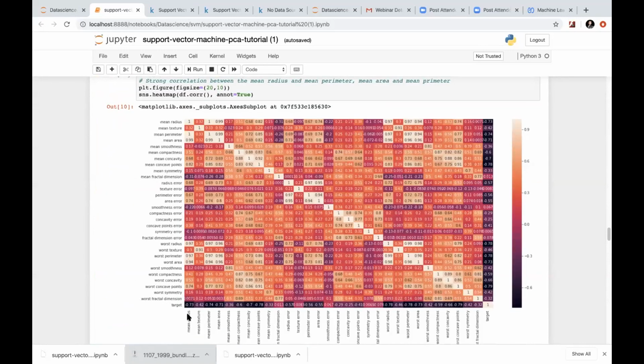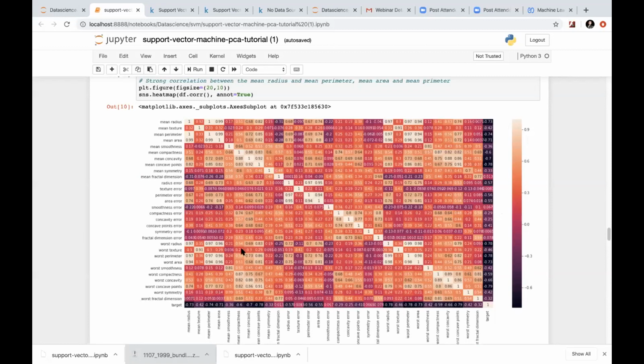A correlation heat map. We are not going to analyze all these features, but if you see here, it's a scale from -1 to +1. So at the bottom you will see -1, at the top you will see +1. All the very highly negatively correlated features will be very dark, just like this point -0.78, and all the very light features will be close to 1. Again, it is high correlation but positive correlation.